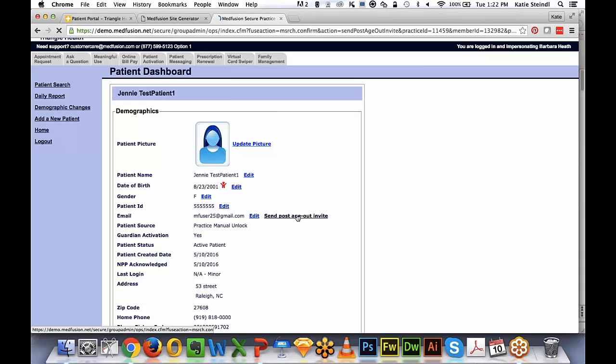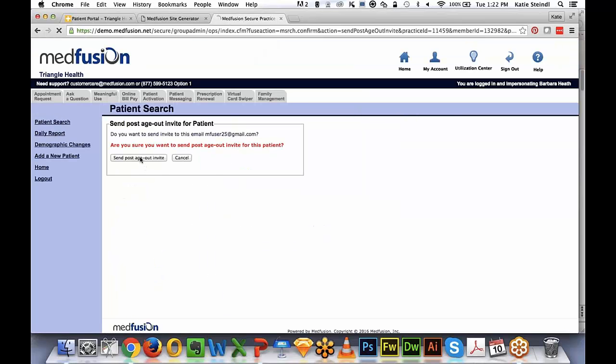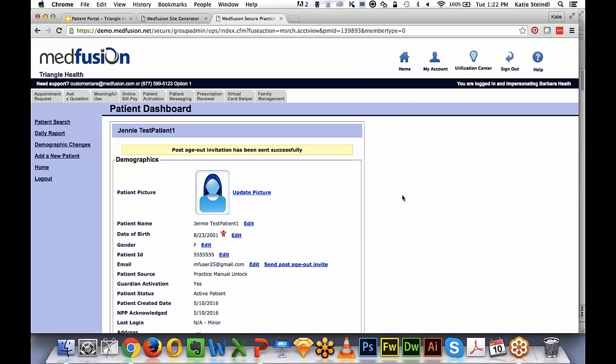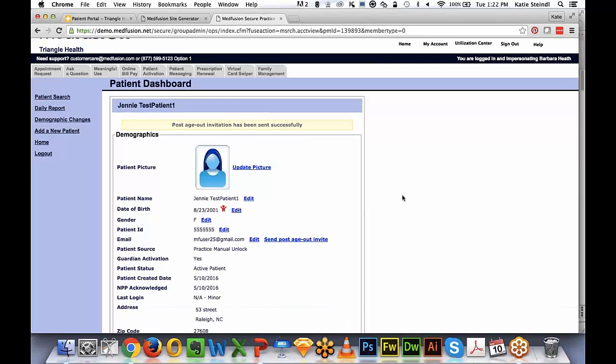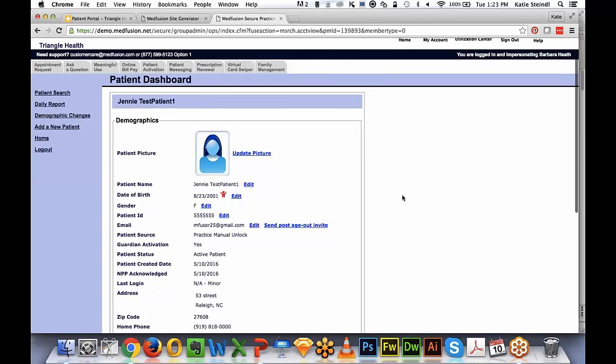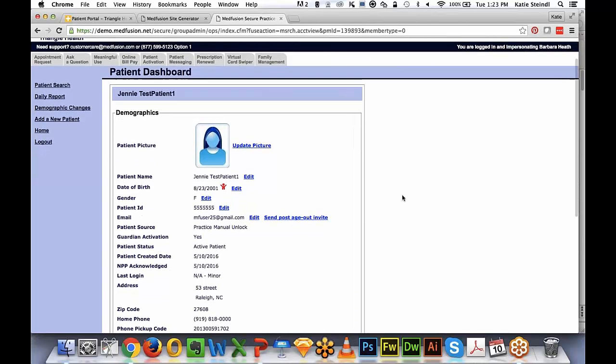And this invitation will allow Jenny now to create her own credentials to access all the account information that she had up until the point where she creates her credentials. So all her information stays in the system, and then she can access it as soon as she has created her own account. Yeah, so for example, let's say at the age of 14, she was aged out,